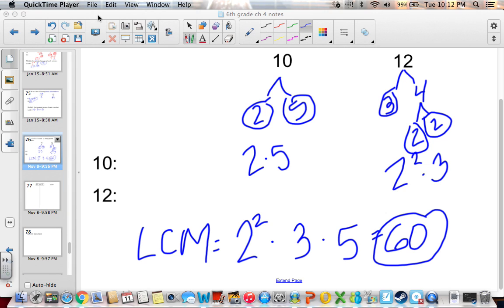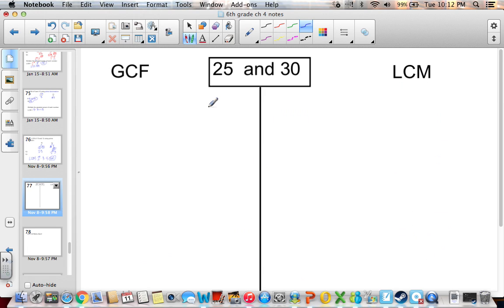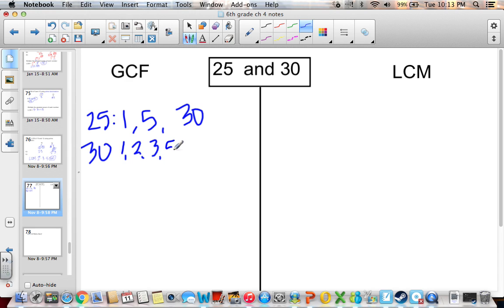And then one last thing that I want us to do is to find the greatest common factor of 25 and 30 and find the least common multiple of 25 and 30. So pause me and see if you can remember how to do each of these. So 25, the factors are 1, 5, and 25. For 30, we have 1, 2, 3, 5,